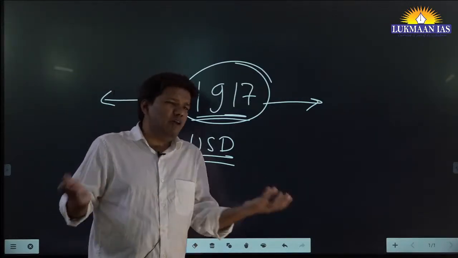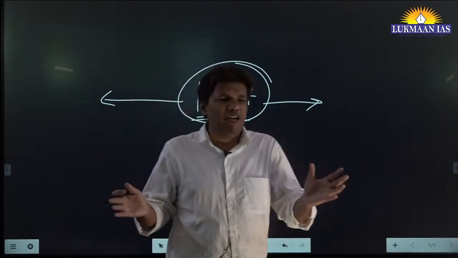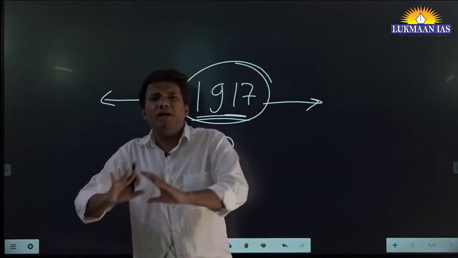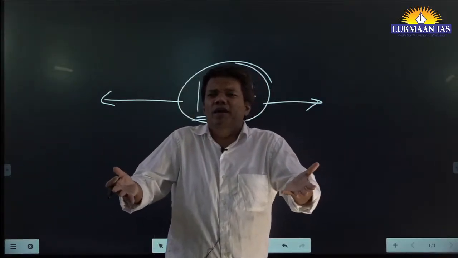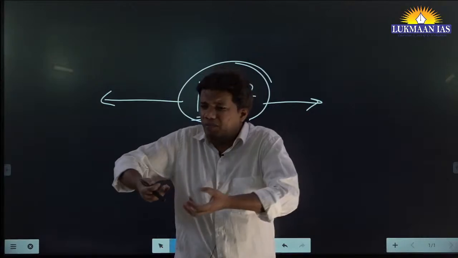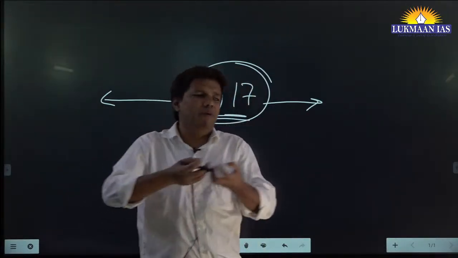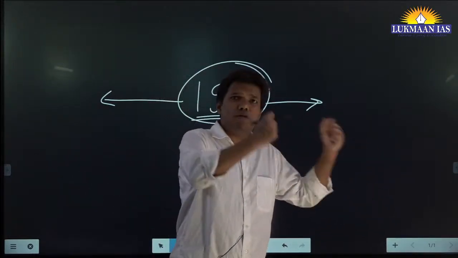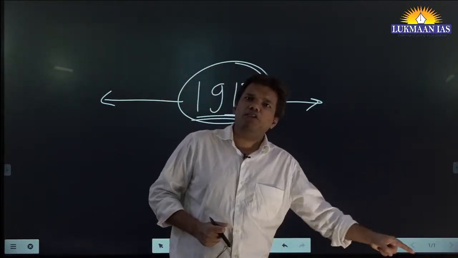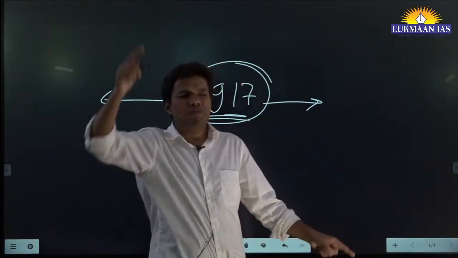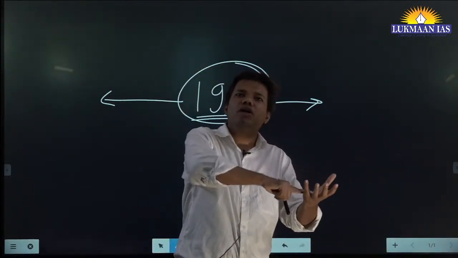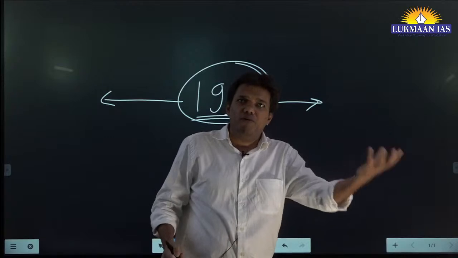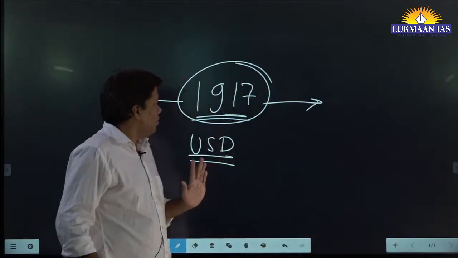When you study derivatives, it is a mathematical thing. But if you have to explain a derivative in simple terms, it means something which derives its value from some other asset. Let's say I have a bag of rice. Even on this bag of rice, I can float a derivative. If I have gold, on the basis of gold, I can float derivatives. So derivatives are floated on the basis of some asset.